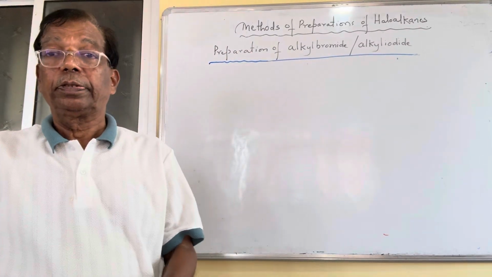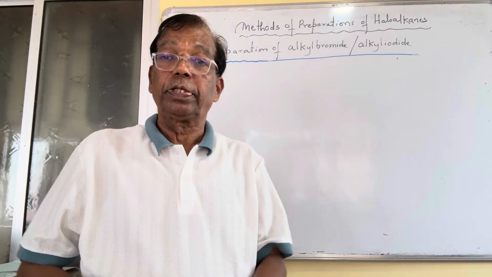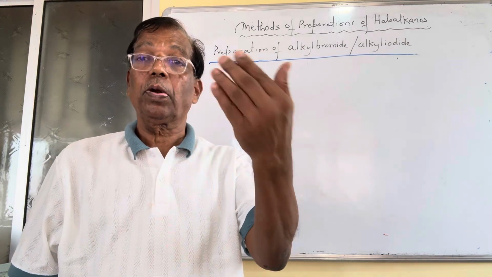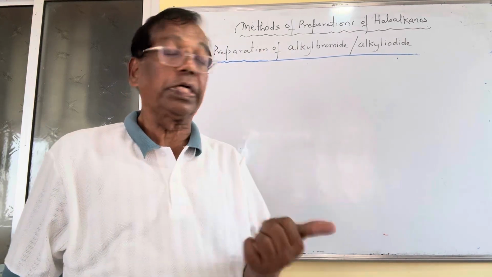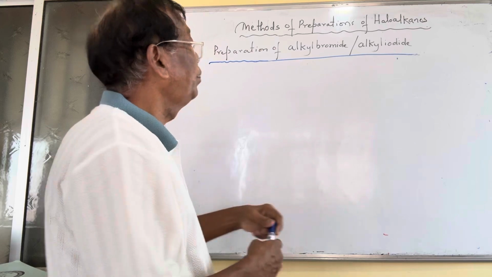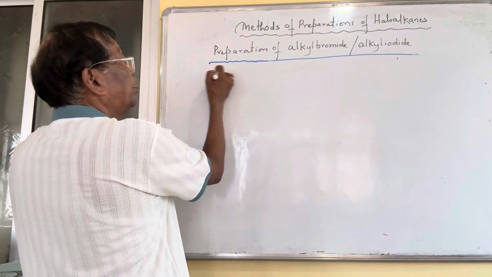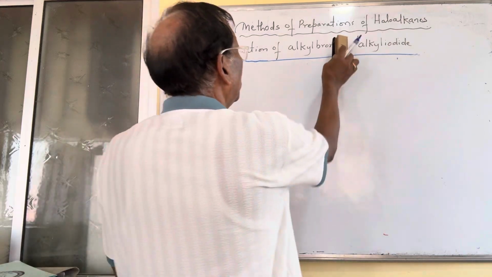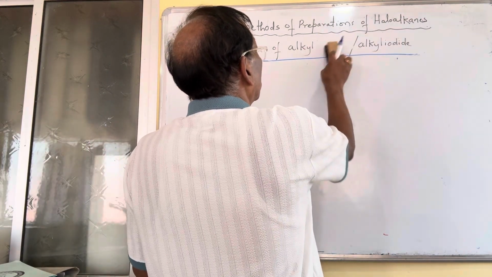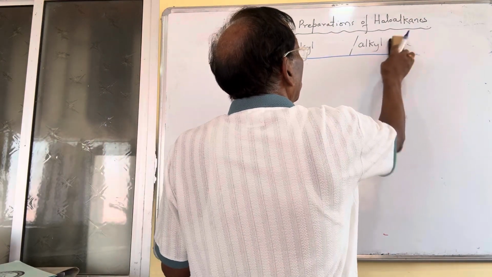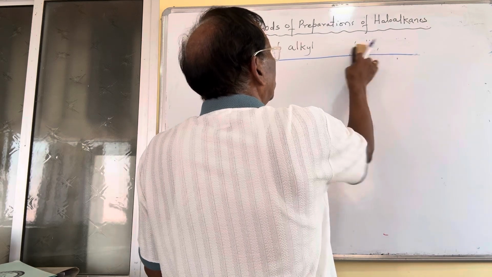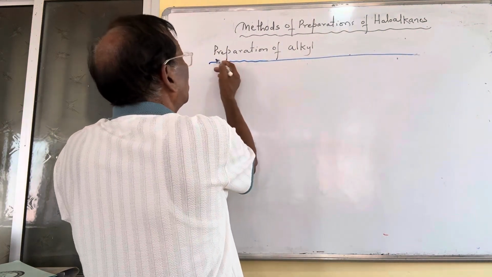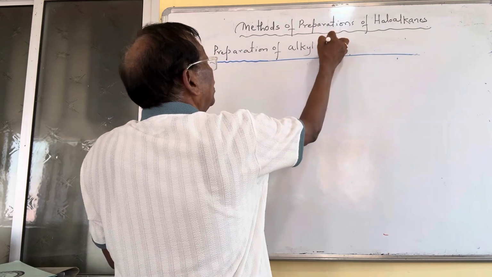Hello students, in this video I am going to explain to you the methods of preparation of alkyl chloride using what is called PCl3. So I write here preparation of alkyl bromide, alkyl iodide. I'll change that to alkyl chloride, and of course alkyl bromide and alkyl iodide I'll give another way. So preparation of alkyl chloride